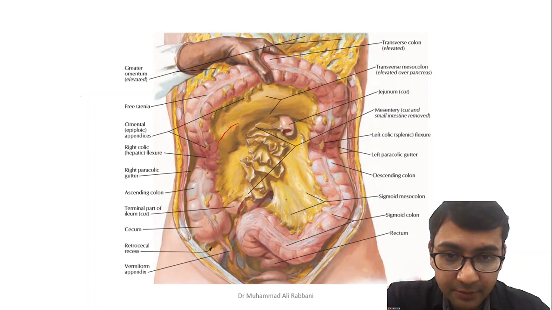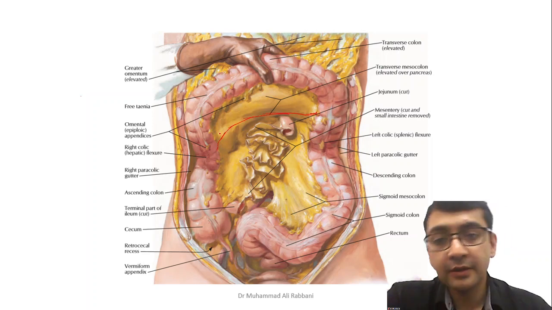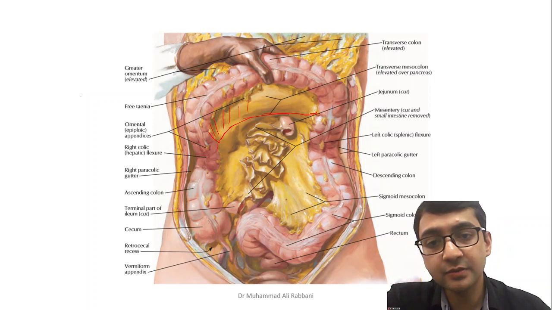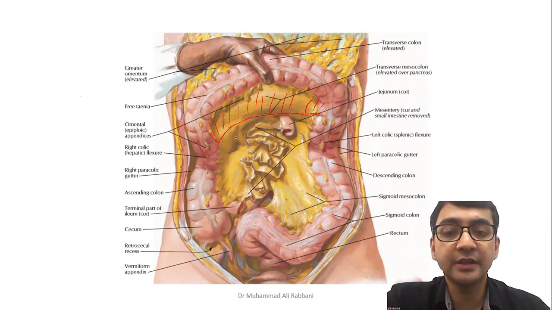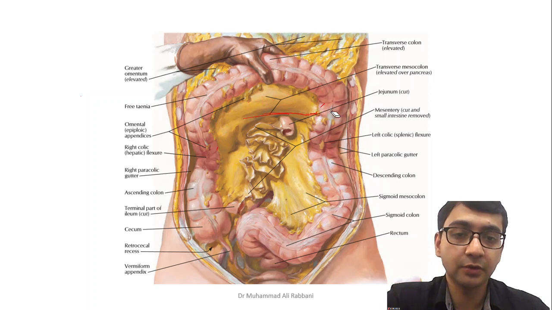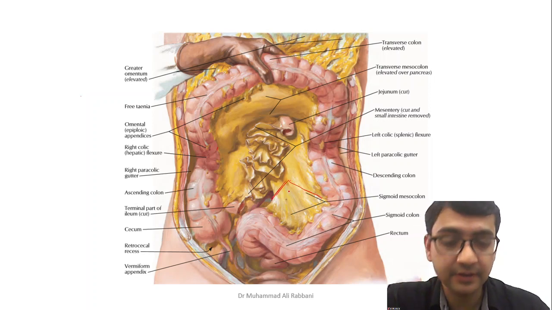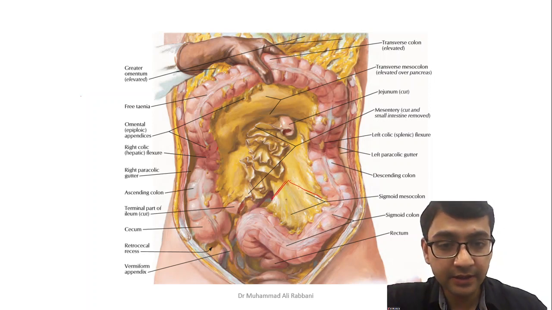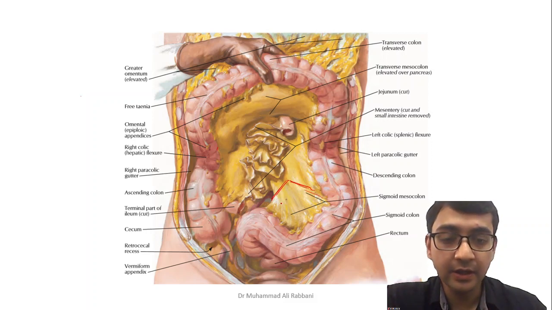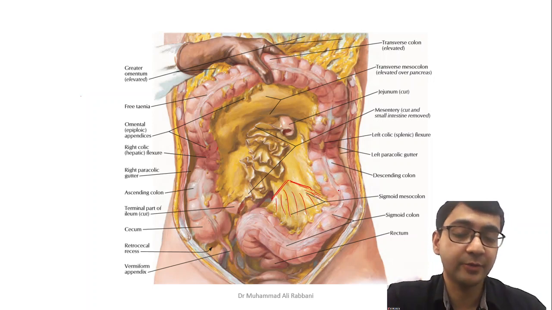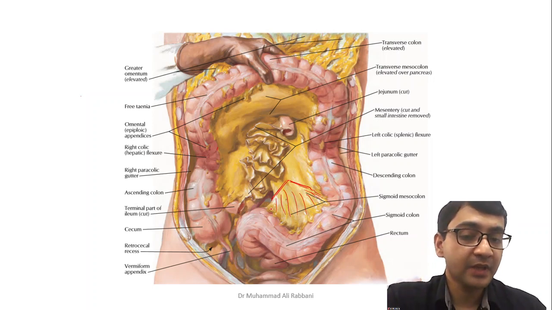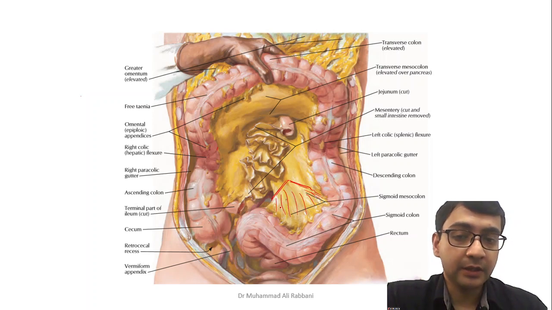Here you can see the attachments. Here you can roughly make it out, and from it, this mesentery is known as mesentery of the transverse colon. It gives the attachment of the transverse colon and it makes the transverse colon intraperitoneal. The third important mesentery is this one. This mesentery attachment is mesentery of sigmoid colon. This red line roughly demarcates the line of its attachment, and from this line of attachment, this mesentery goes and attaches to the sigmoid colon. All of the three structures mentioned, small intestine, jejunum, ileum, transverse colon and sigmoid colon, are thus intraperitoneal organs.